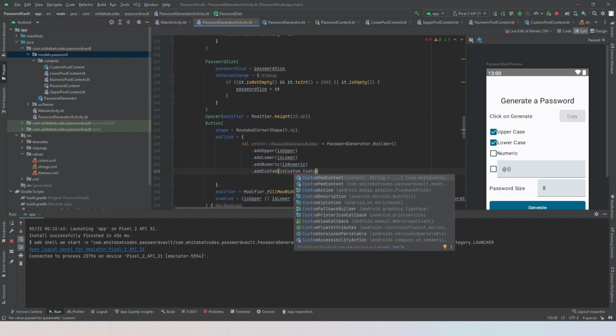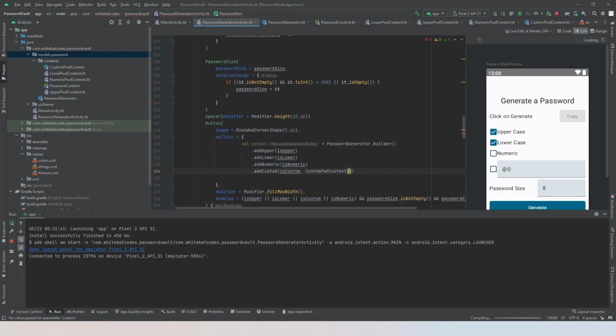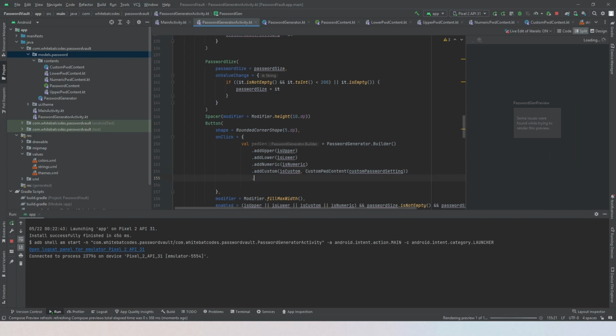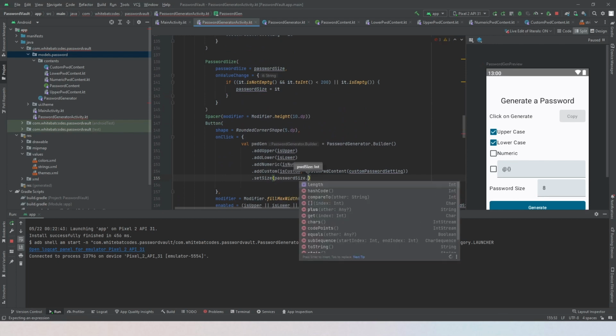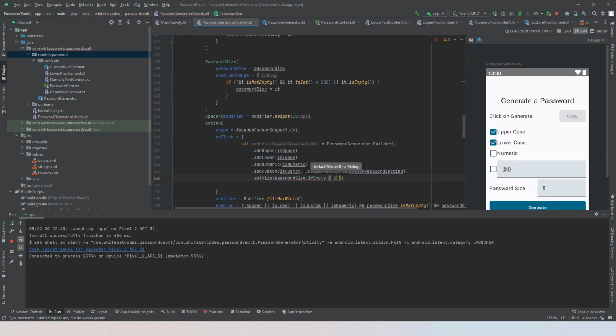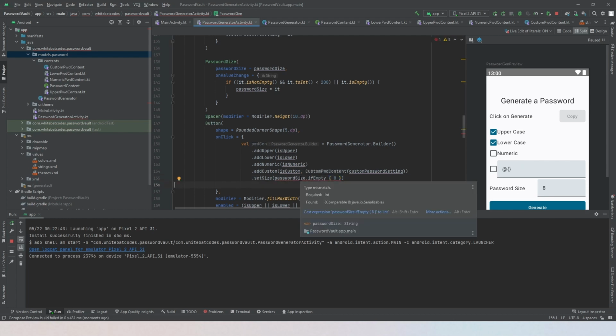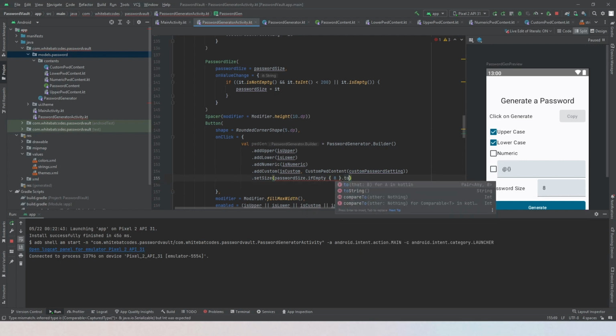So CustomPasswordContent, and here customPasswordSetting, and then add our size, set the size, and here basically we're gonna check the password size. So if our password size is empty,